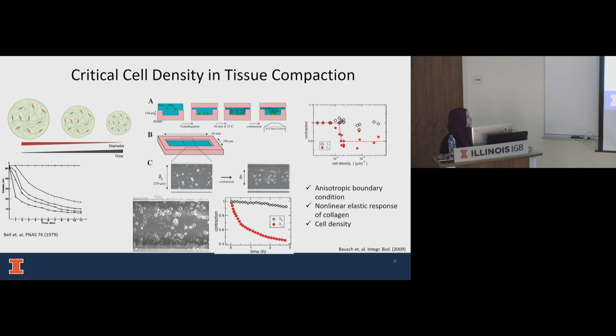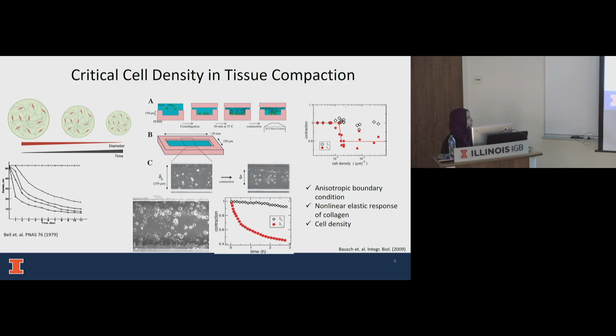So this is the data that they showed, and they defined these structures as cell-populated lattices. Since then, there have been many studies to deduce the mechanism by which these compaction processes occur. In 2009, this paper was published by Woese, who first discussed the mechanical properties of the ECM, which has a key role in regulating this sort of compaction.